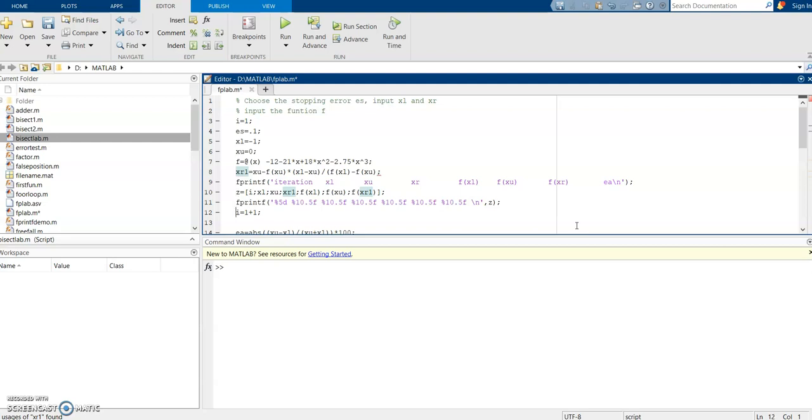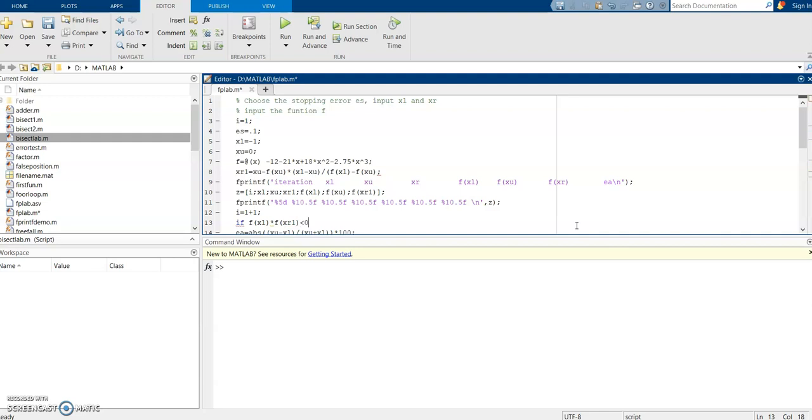Okay, so now if fxl times fxr1 in this case, okay, xr1, because the value which we have calculated is xr1,